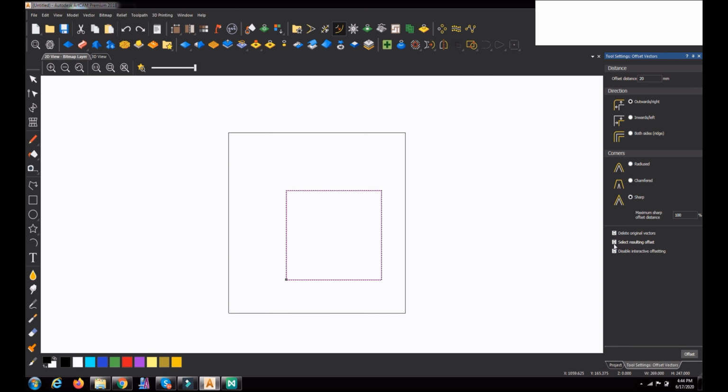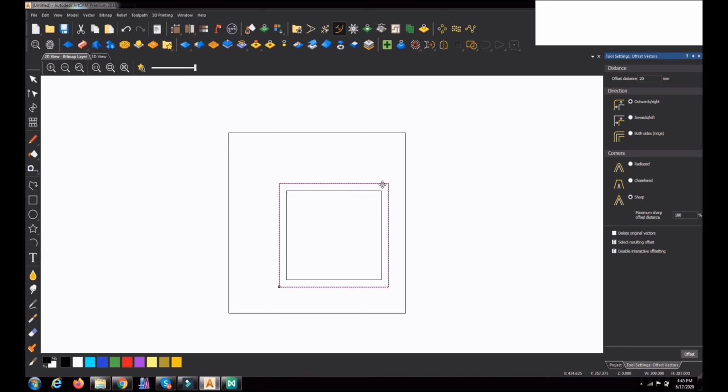And also here, select resulting vector. Now I have selected this original vector, then I offset. Okay, Control Z. I want to keep the original vector also, so I untick the delete original vector option, then offset. Now you can see the offset is happening outside, and the resulting vector is selected.